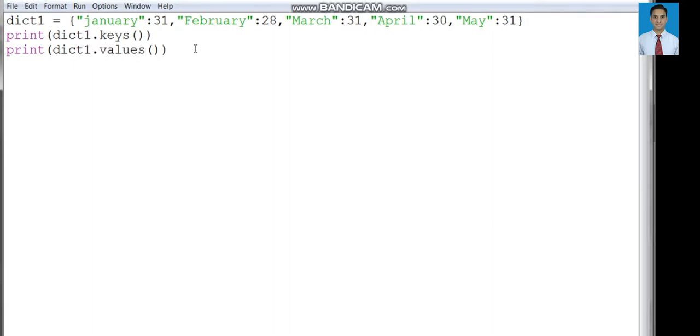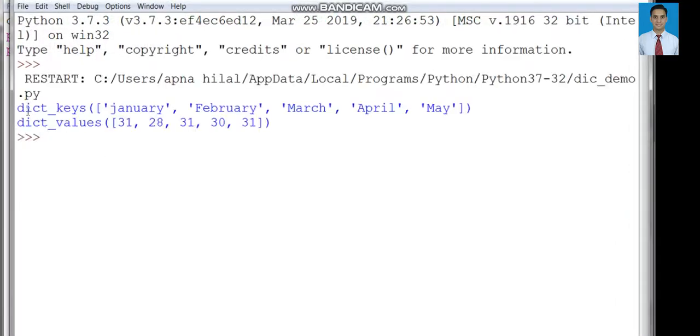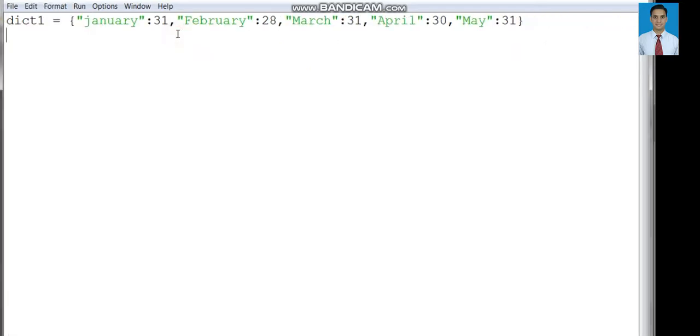We save it with Control S and run it. The keys of the dictionary are January, February, March, April and May, and its values are 31, 28, 31, 30, and 31.